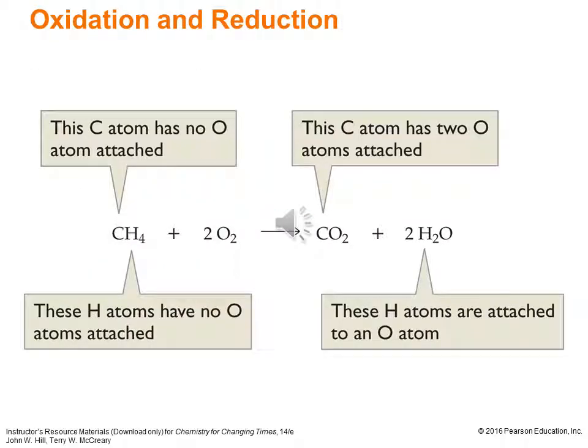Here we see an example of a combustion reaction, one that most of us, those of us on natural gas anyway, do when we heat our home in the wintertime or cook with a natural gas stove. We take that methane, CH4, and burn it in the presence of oxygen. So 2 O2, 2 moles of O2 from the atmosphere. And so for every mole of methane, CH4, that we burn, we end up with 1 mole of CO2 and